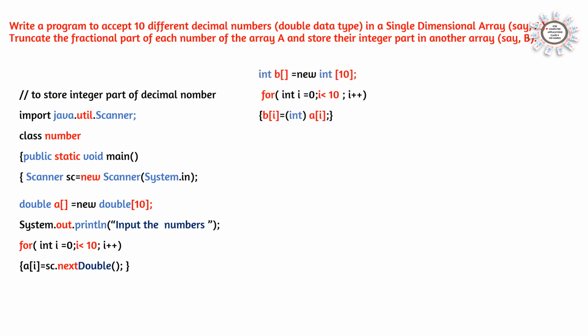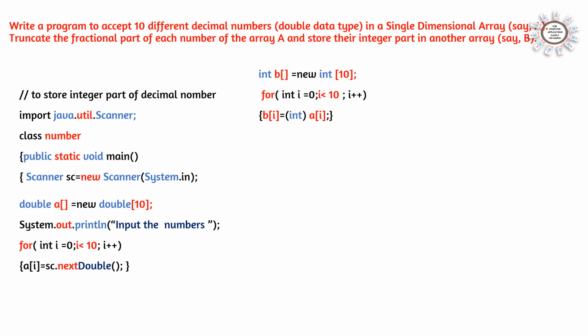And now how to take the integer part? Here declare the integer array. int B = new int[10]. We are declaring the array B which can store integer numbers. Start the loop, and B[i] is equal to (int) A[i]. Either we can do it in the explicit form in this format, B[i] = (int) A[i]. That means the integer part of the element will be stored in array B. Otherwise, straight also we can say in the implicit way, B[i] = A[i], as array B is declared as integer int, the integer part will be taken.